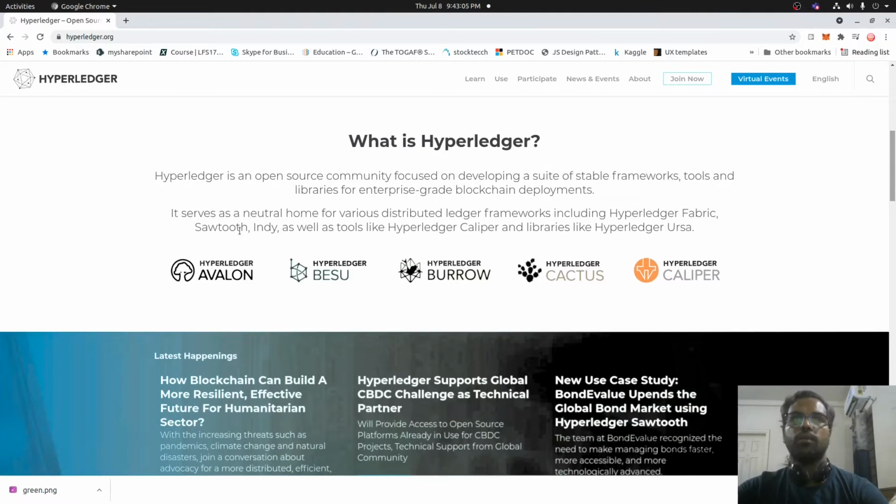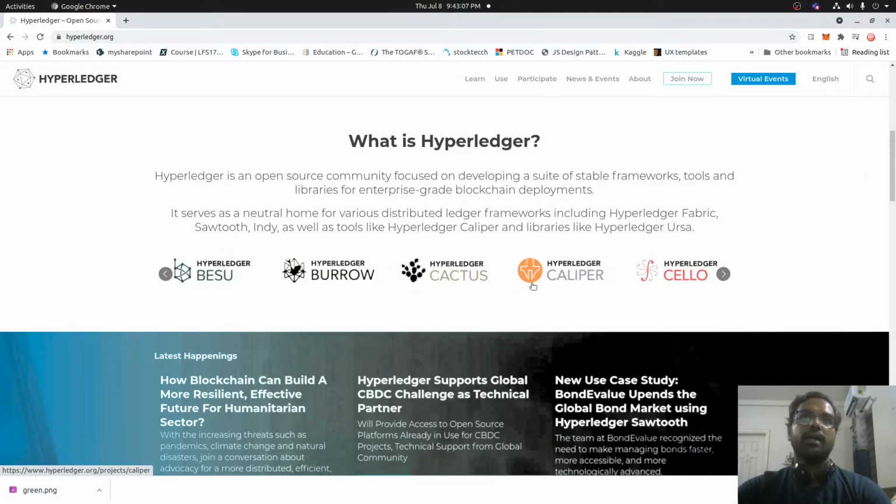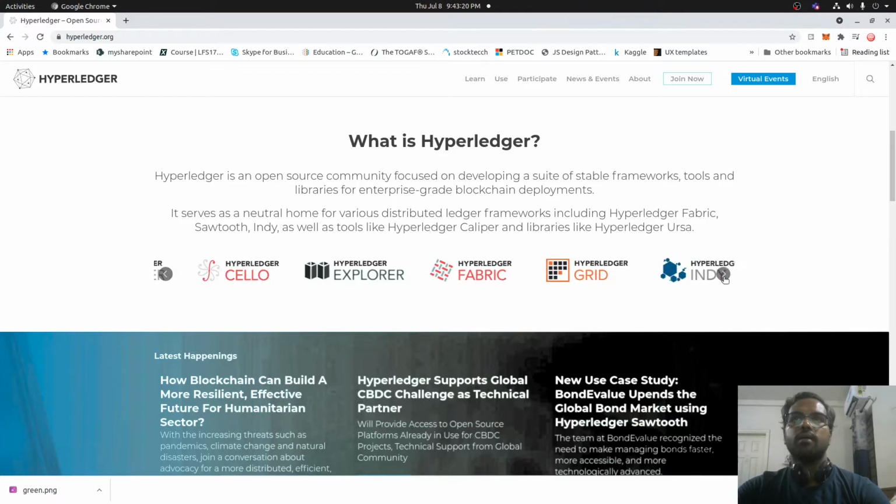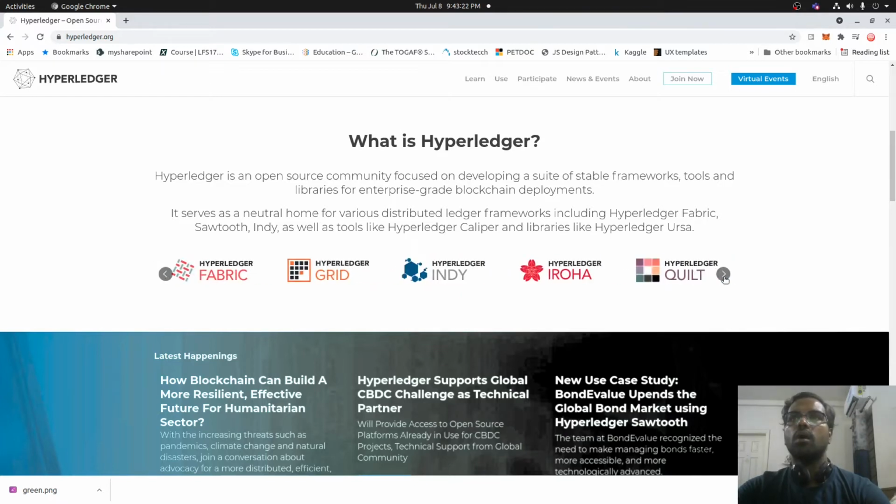Okay, there are so many projects that they keep on creating under Hyperledger. As you can see here, these are the new ones. Okay, Avalon, Besu, Burrow, Cactus, Caliper, Cello, Explorer, Fabric, Grid, Indy, Iroha, Sawtooth, Transact, Ursa, Aries.